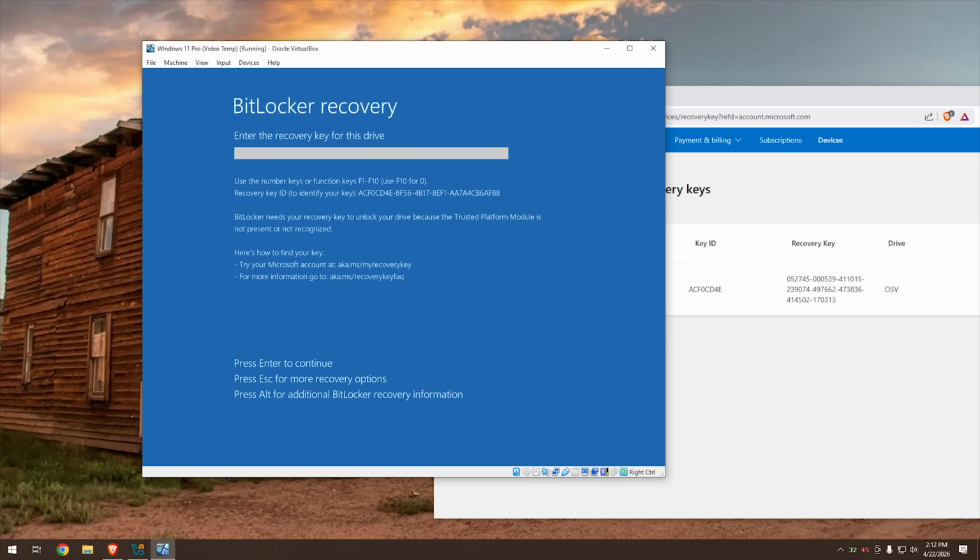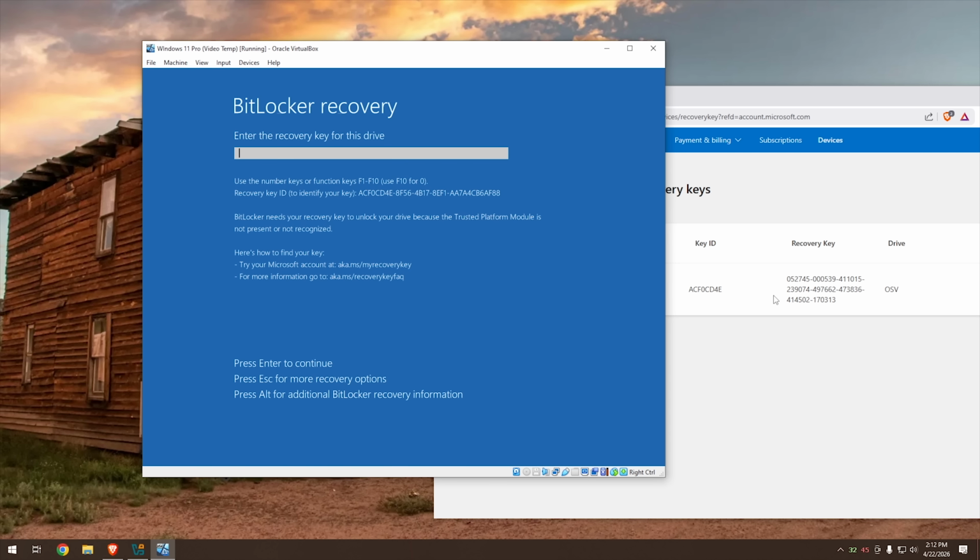So to do that, you essentially just start typing. However, if you've sat there for a specific period of time, I don't know what that period of time is, it stops working and it stops taking input. So what you may have to do is actually reset your machine itself. So I'm going to go ahead and hit reset here, get back to the BitLocker recovery screen, and essentially we